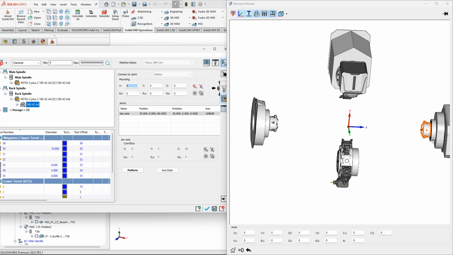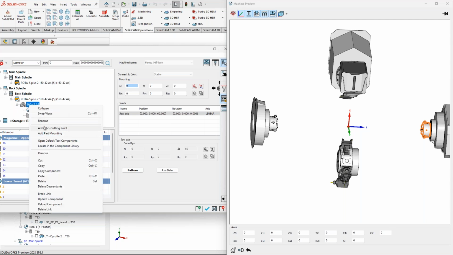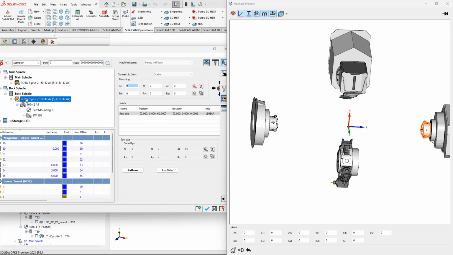Another question: setting up the vise is similar to making tool assemblies with shanks and holders. As you can see, we tried not to make any differences. The interface looks absolutely the same when you're making the tool assemblies. The only difference is that you don't have a cutting point. There are two features, either the non-cutting point, as you can see here, or you can put a part mounting. So this is the main difference between